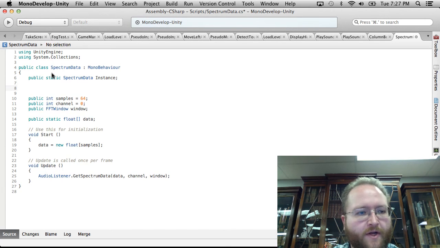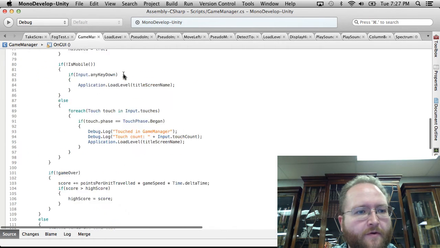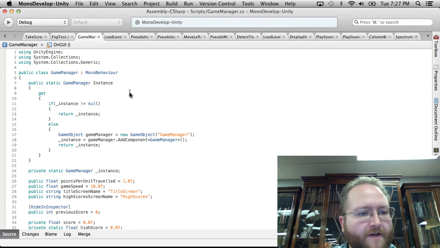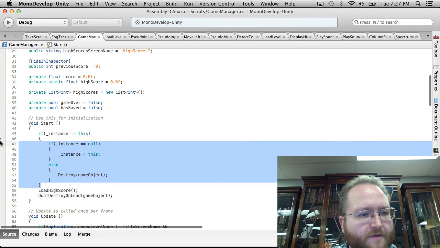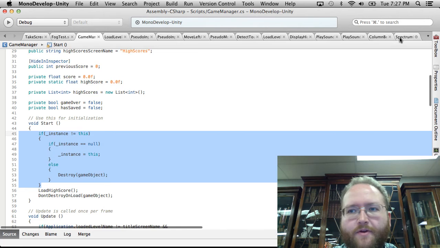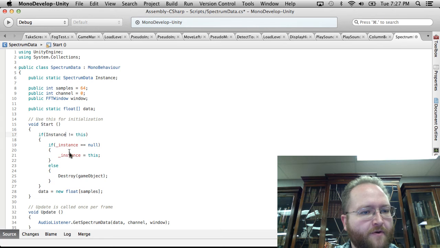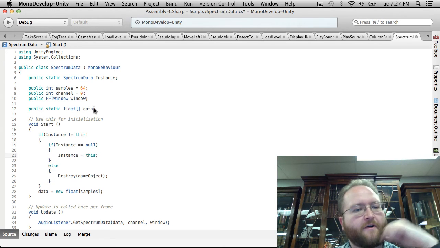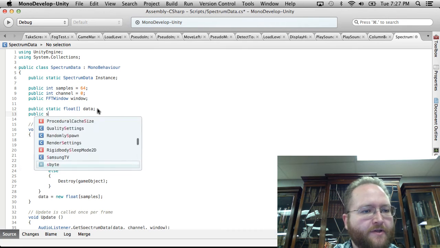And we're going to start. Is that how we did it before on Game Manager? How did we set this up? Oh, we have it all fancy on Game Manager. So yeah, we do this fancy stuff and put this into start here. I'm not doing the full thing, so we're just going to reference this instance variable directly. Save, and then now we can do a public static